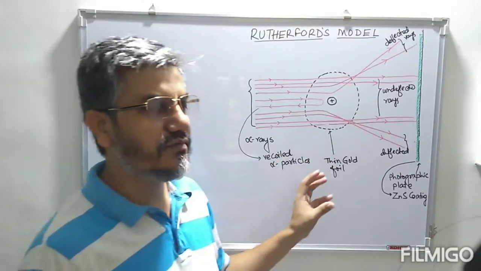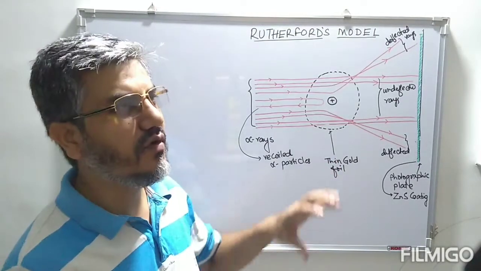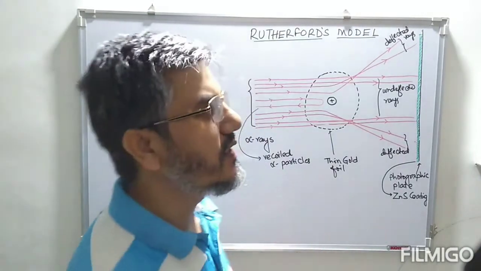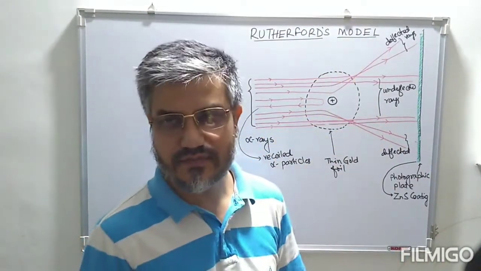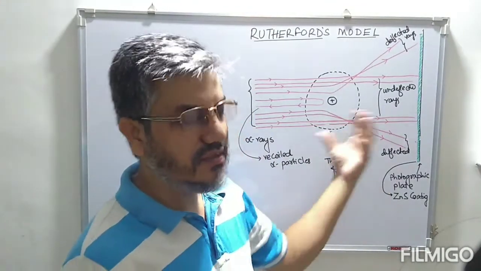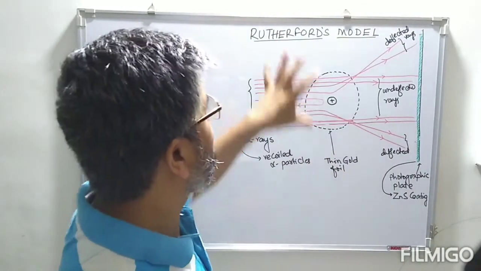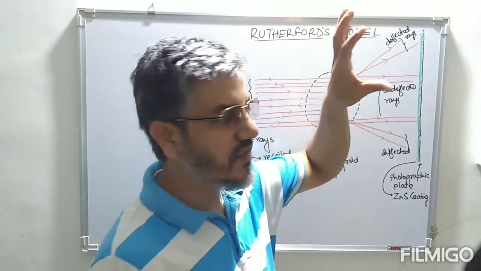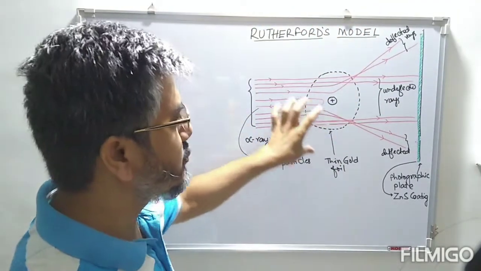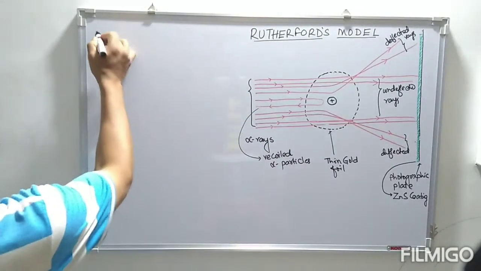The first model that gives concrete proof of these fundamental particles inside an atom is Rutherford's model, because he was the very first scientist who gave a concrete idea about the structure of atom. So we have Rutherford's model. Now this Rutherford's model that explains the structure of atom, the name of the experiment